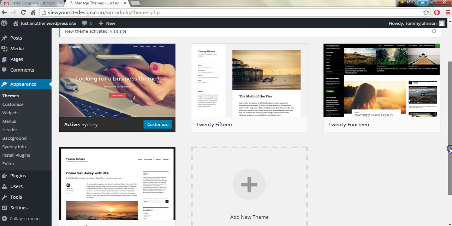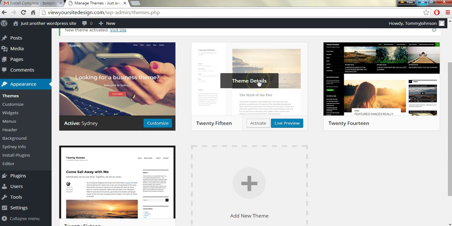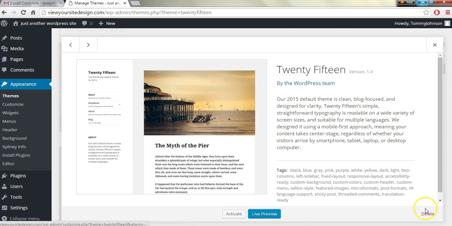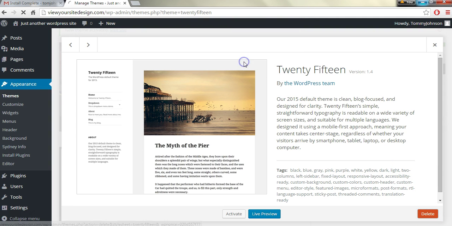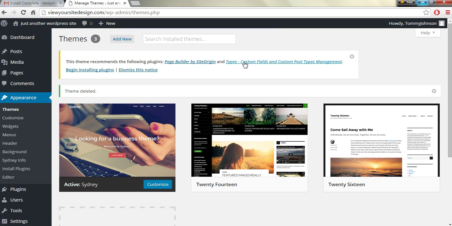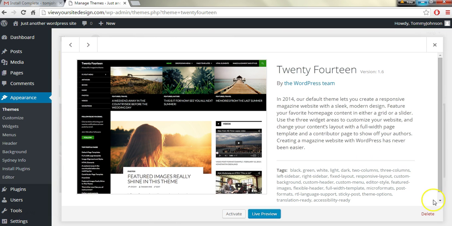These are previous years' themes that come by default within the WordPress installation. So when your site is installed, it will come with this theme, for example. Now what we can do is click on where it says theme details in the middle to open it up in a larger view, and then we can click delete in the lower right, and then click OK to confirm the deletion. I'm going to do that for these three here,